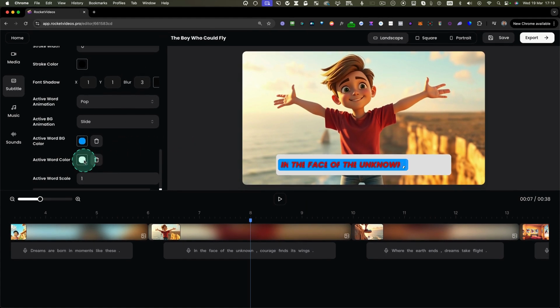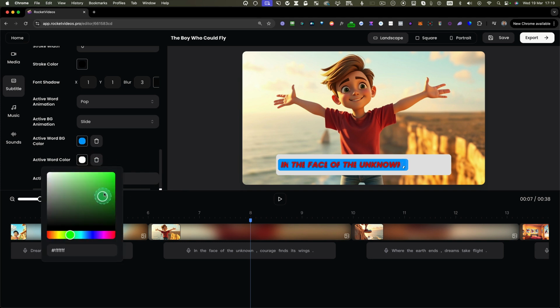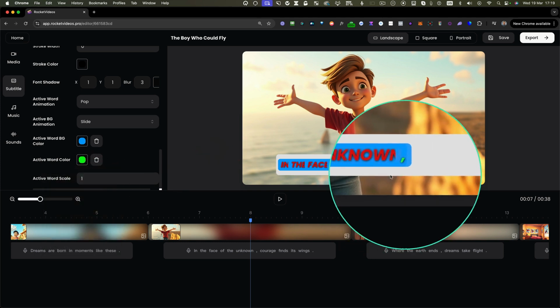you can see it's basically unlimited what you can create here. The active background color, you can make this a color. So if you want to make this green, I mean, it's crazy how it looks right now, but just to show